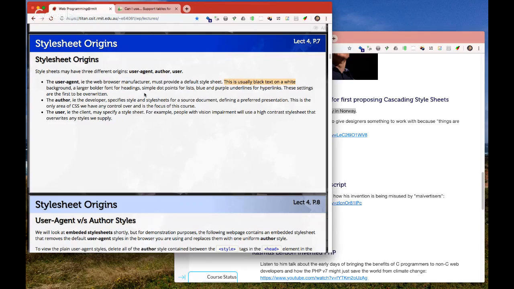But there's some kind of basic style, and you've probably seen default blue and purple hyperlinks. So there's some amount of style, but these styles are very easily overwritten. Now the next layer, and this is the layer that is relevant to us because we are developers. So when we're writing style sheets, these styles do overwrite any user agent style sheets. So if they've specified that the text is black as part of the default style, then our styles will overwrite that